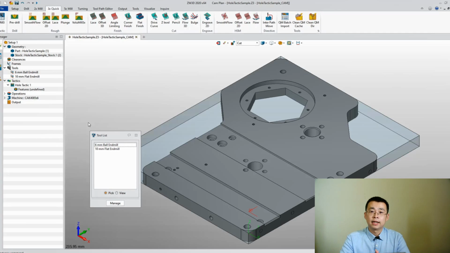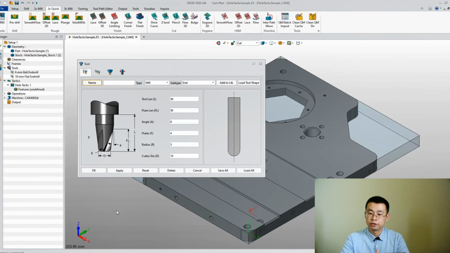But today, I'd like to introduce how to define a new tool in ZW3D, because that's really easy to use. So let's skip the options and click Manager to define a new one. You have two pictures in the form to define a new tool. One on the left shows the different meanings of the parameters, and one on the right shows the dynamic preview of the tool shape. Any change on the parameters will get a real-time update on the right to help you avoid mistakes, no matter what you are working on.